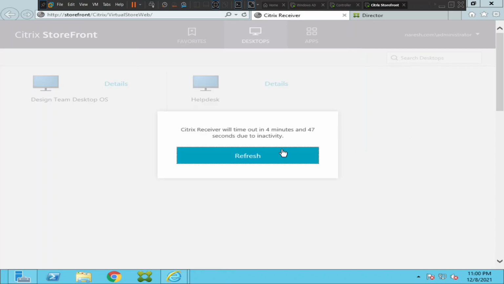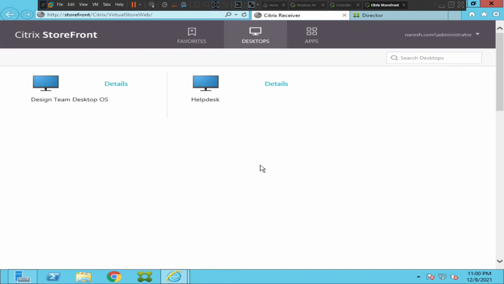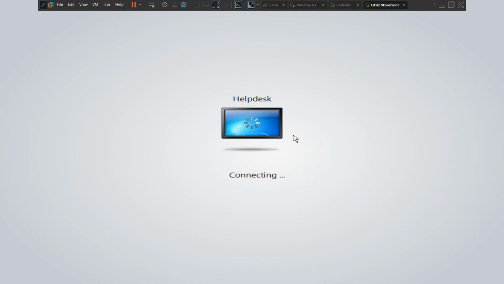Now, what happens is after 30 minutes, if the user wants to come back and reconnect to the same VDI session, when user clicks on it, okay, user is trying to reconnect to the VDI session, which was in disconnected state.